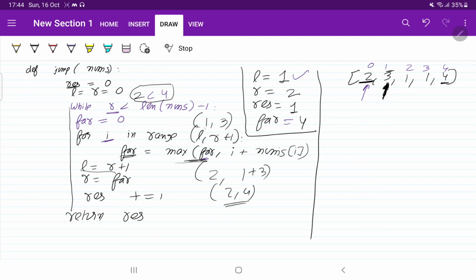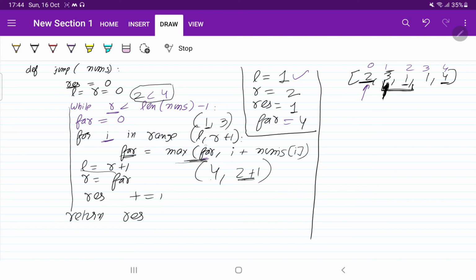Okay, so here I value was 1. Now we have to come to this second level. We are considering this complete level. So I value will be 2. So what is far for us? 4 and 2 plus 1. So which is maximum? 4 or 3? 4. So we don't have to update the far. Far is already there. So we have reached the end of this second level. So this for loop will end.